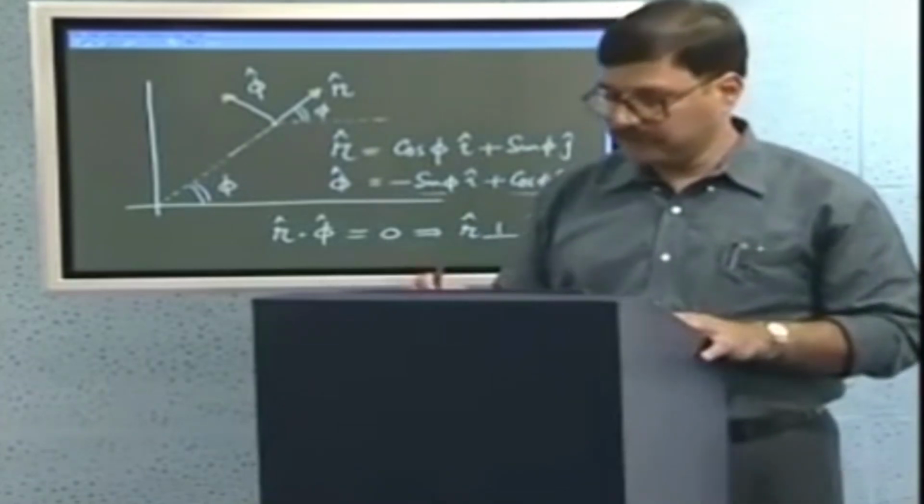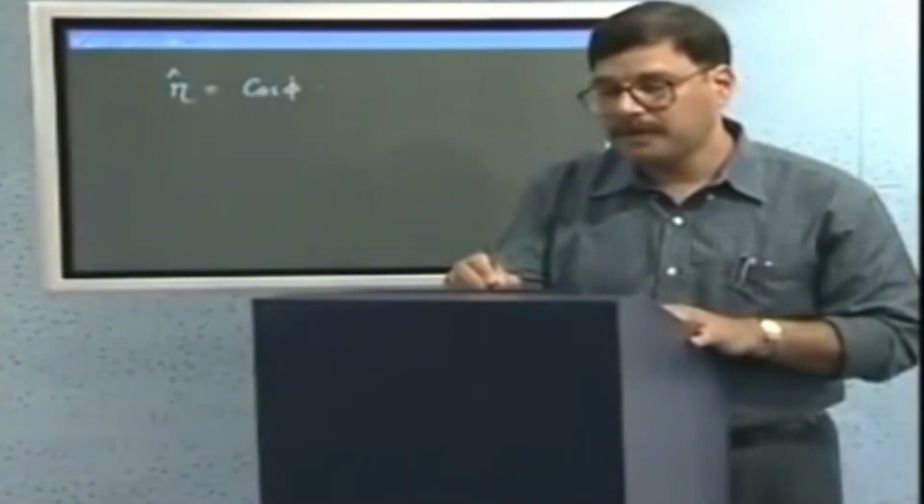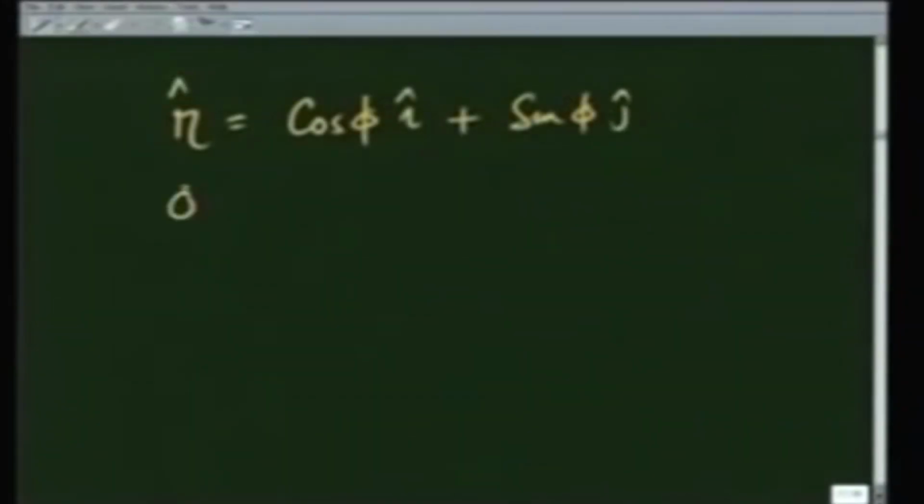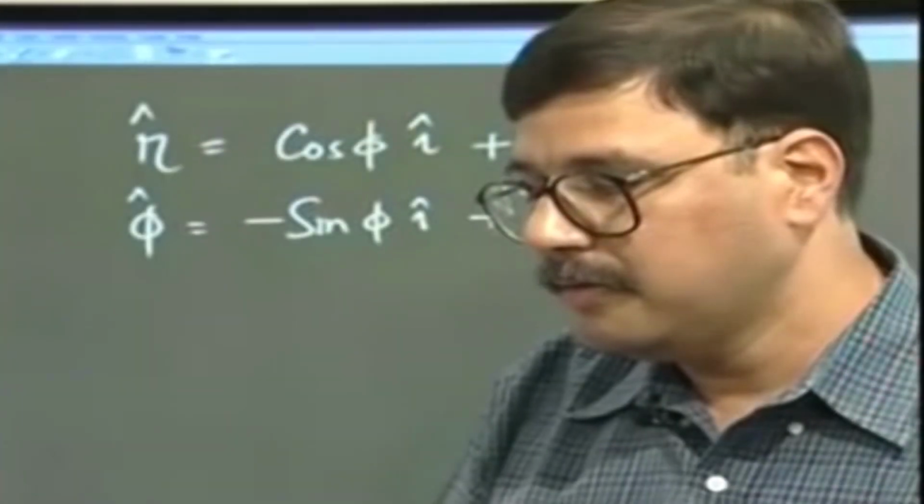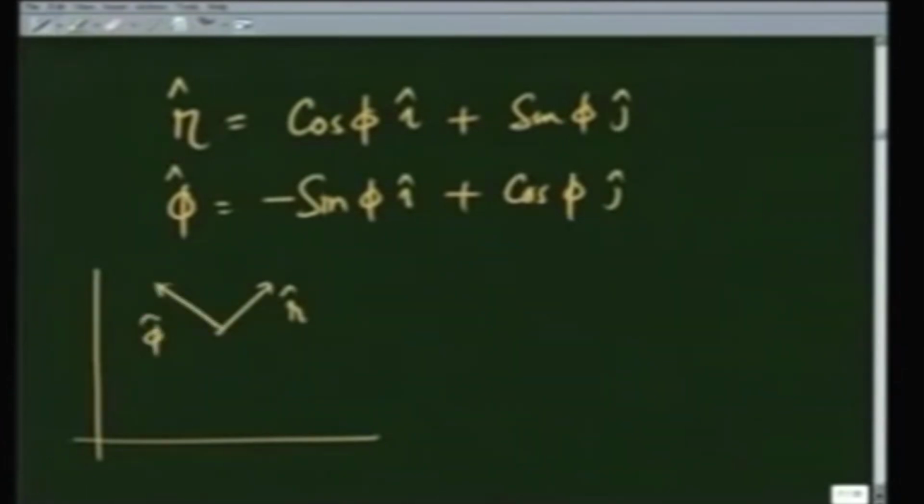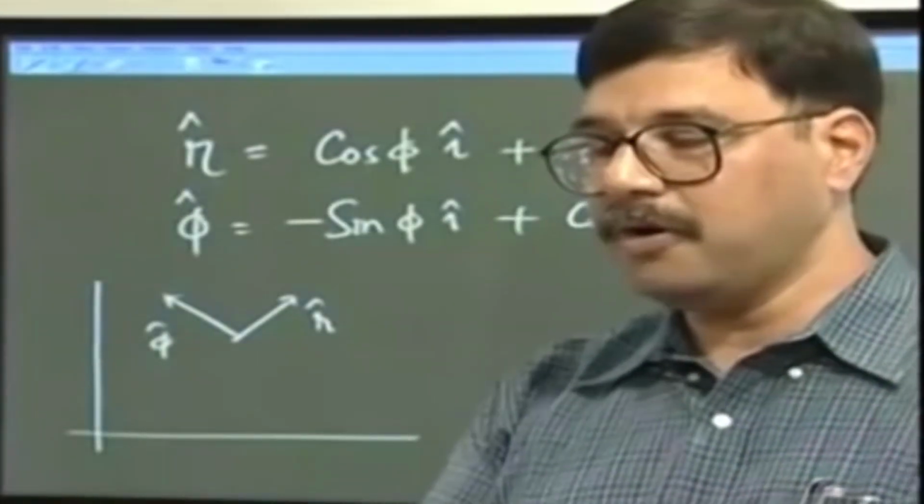It is clear from their definition, and let me write them separately now. r is equal to cosine of phi i plus sine of phi j. phi is equal to minus sine of phi i plus cosine of phi j. Just to remind you again, for a given position, this is my r unit vector and this is my phi unit vector. So, it is clear from their definition that the unit vectors r and phi depend on what phi